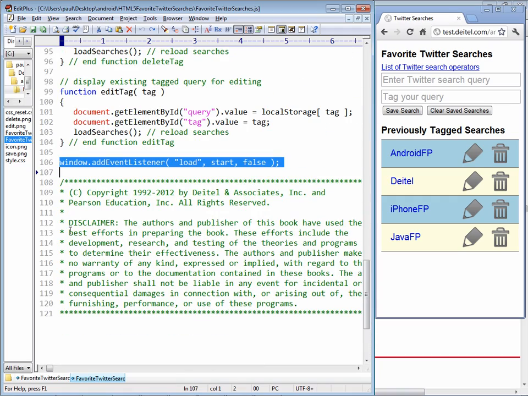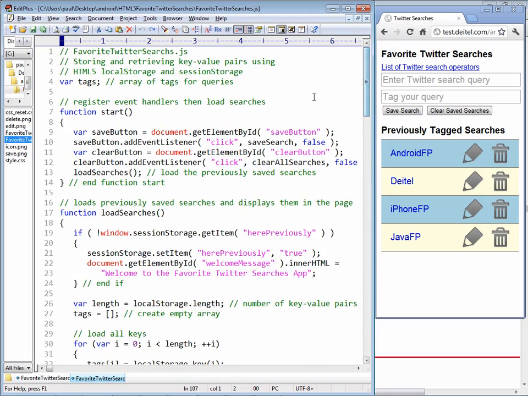The window.addEventListener call is registering an event listener for the so-called load event, which occurs once the web page and all of its elements have loaded. And basically all we're saying with line 106 is after everything's been loaded, we would like to call our function named start. Now back up at the top here, you can see our function named start, and at lines 9